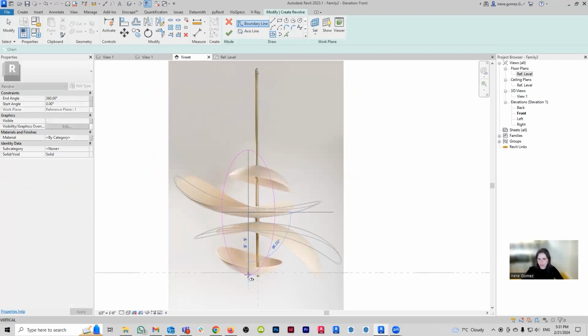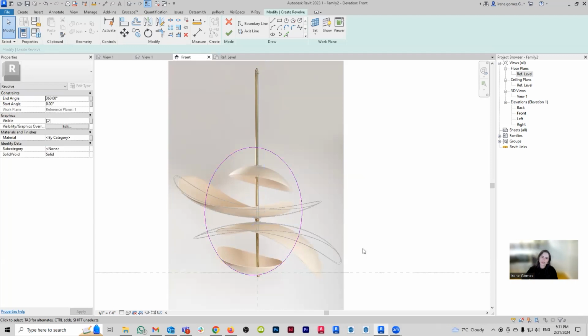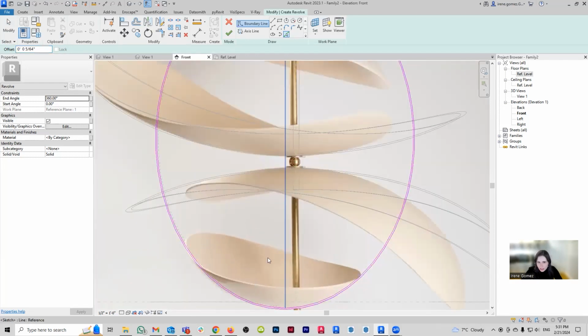I'm gonna go first down. And then I'm gonna go, yeah, it's a pretty big egg, man. And it's also off-center. So let me bring it, yeah, something like that. Yeah, that seems perfect. Awesome. And we're going to do exactly the same thing that we did before. We are going to go with our offset. So I'm going to go here, offset. I'm going to set it up to 2 millimeters. And then I'm going to come here and click the inside of the egg.